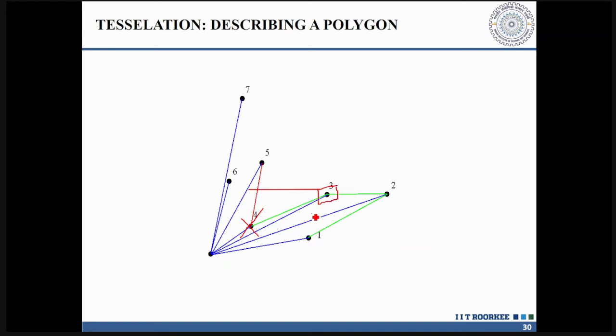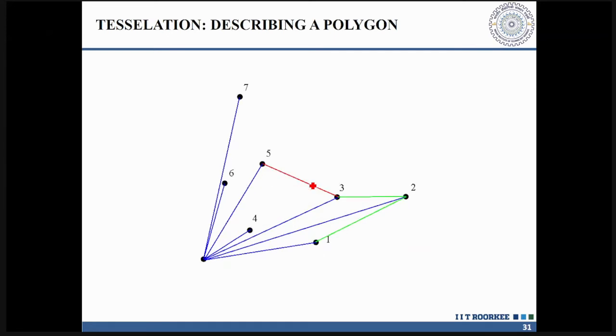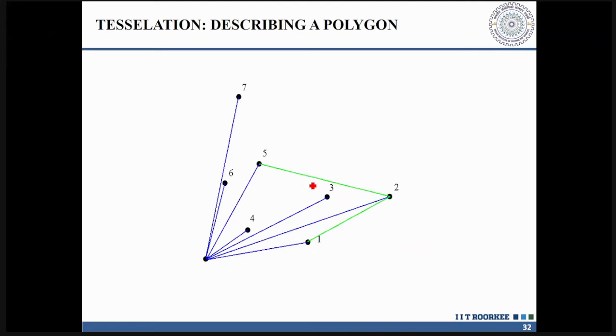Once you are at 3, you have to move towards 5. Which turn are you making? You are again making a right turn, a bad turn. If it is a bad turn, skip the point and take the preceding point. Let us say you take it from 2. Once you are at 2, you have to move towards 5. You are making a good turn. So if you are making a good turn, take it. 5 is a good turn. Now, similarly, you have to move from 5 to 6, 6 to 7, 7 to 0.